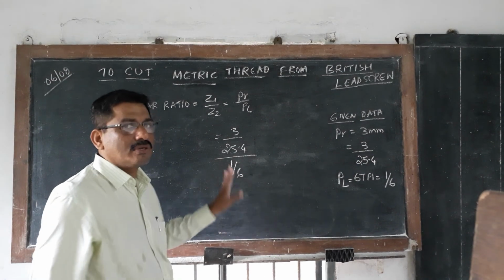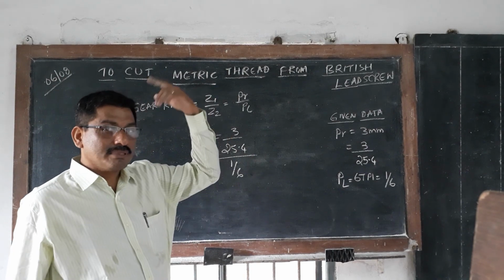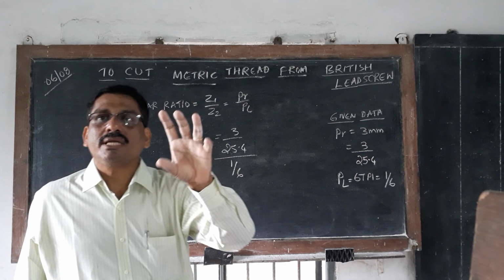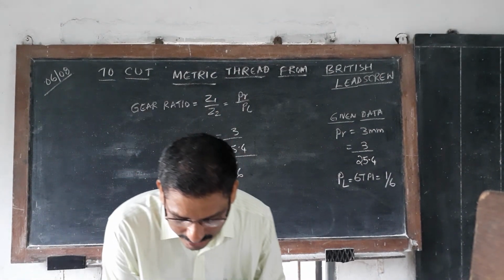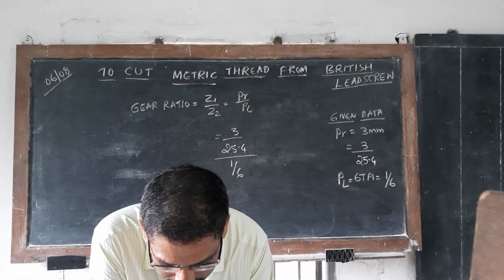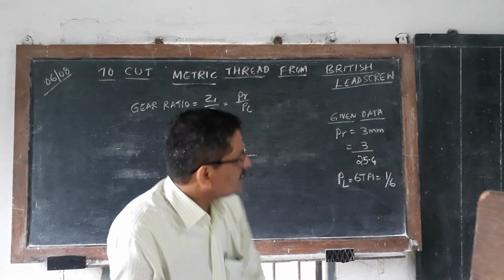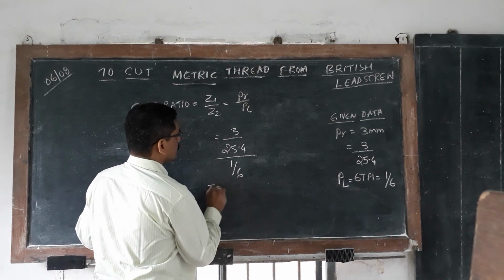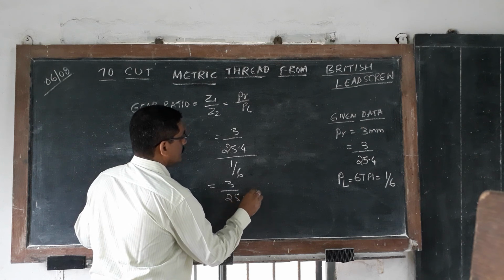Now you have to write 1 by 6 only. Earlier I said to write 6 by 1 to avoid confusion, but now here you have to write 1 by 6. Now we will do this calculation. When you do the cross multiplication, it is equal to 3 divided by 25.4 into